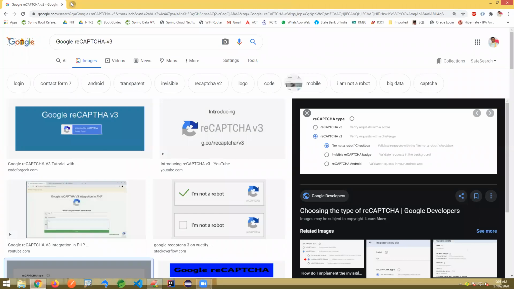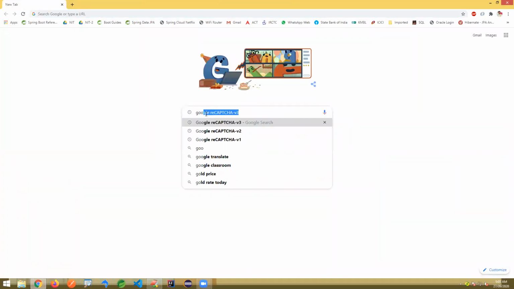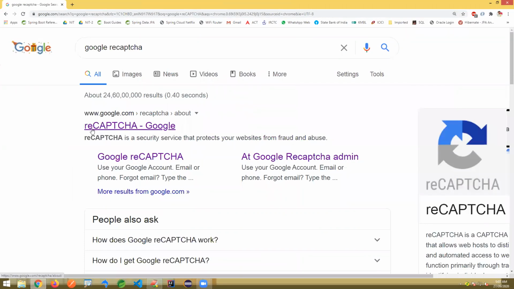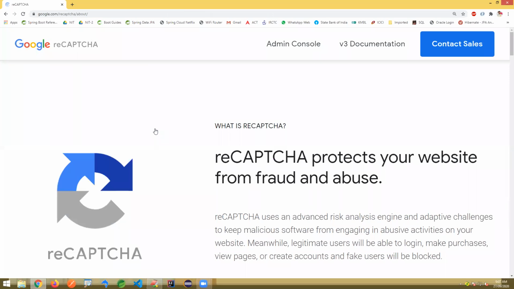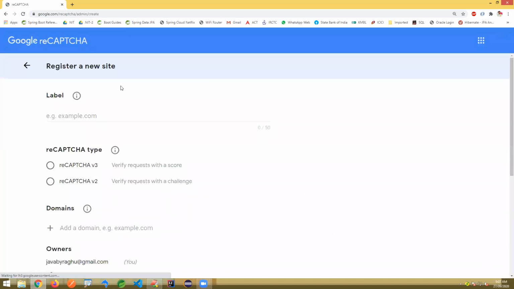Now observe here, I'm typing Google reCAPTCHA. You can see the site here, reCAPTCHA dot google. Just click on this link. You should already be logged in with your Gmail account, and click on the admin console.